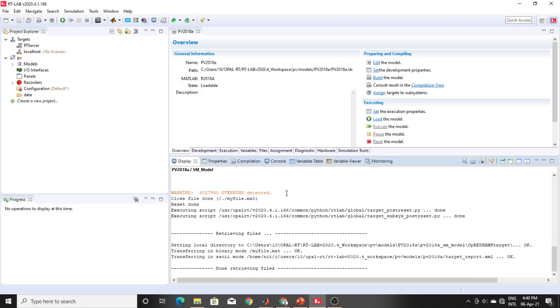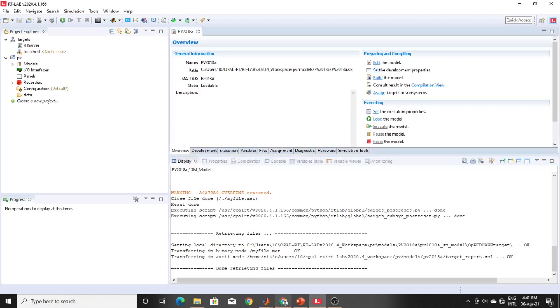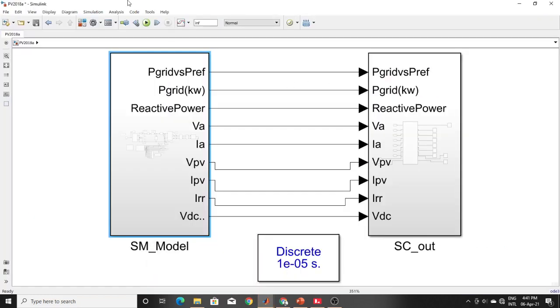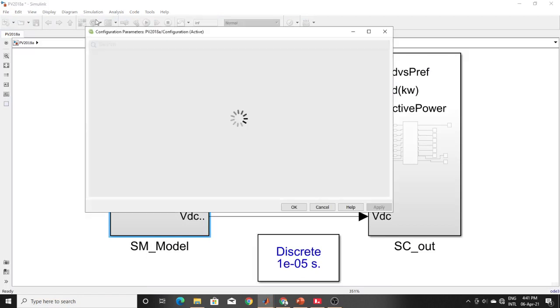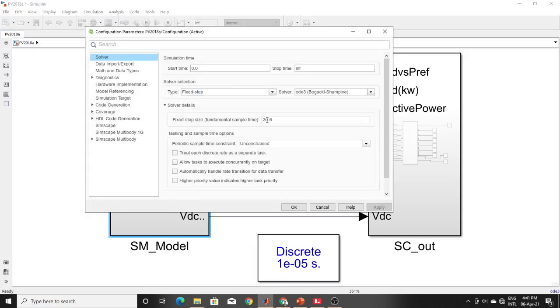If there is overrun you will not get correct data, your data will be missing. So make sure your model has a fixed step size, with a minimum of 10 microseconds.